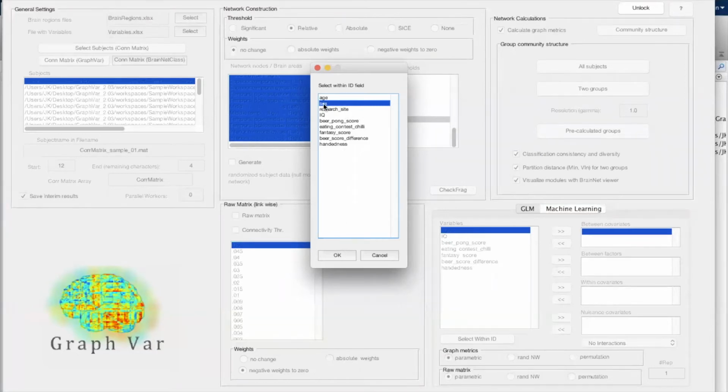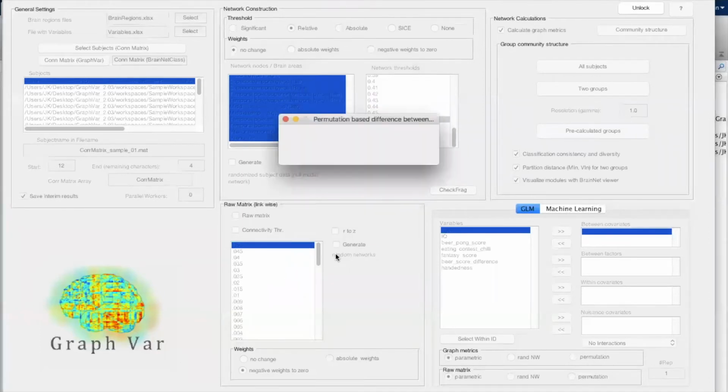So we haven't been able to, or I haven't had the opportunity to implement a version where you do calculations between three groups, so comparison directly with more than two groups. But for this case, we're just having sex here. Hit OK. Now it'll ask me to enter a specific number of permutations